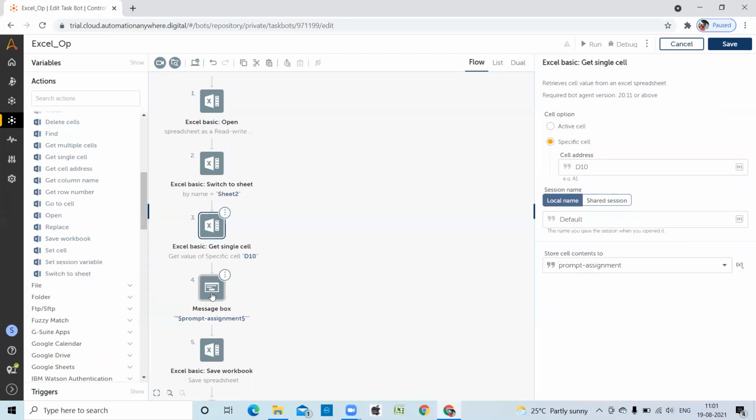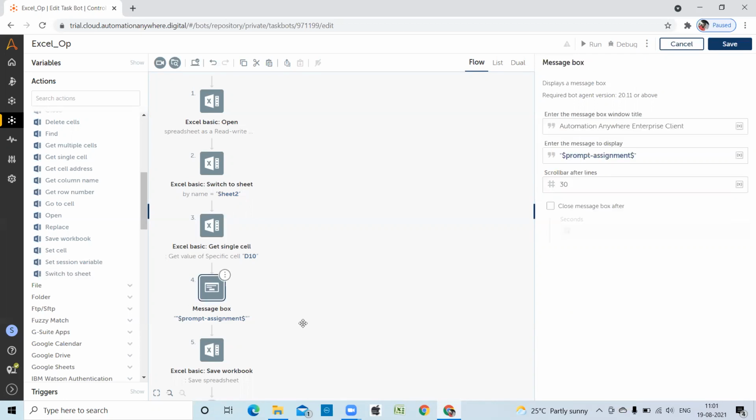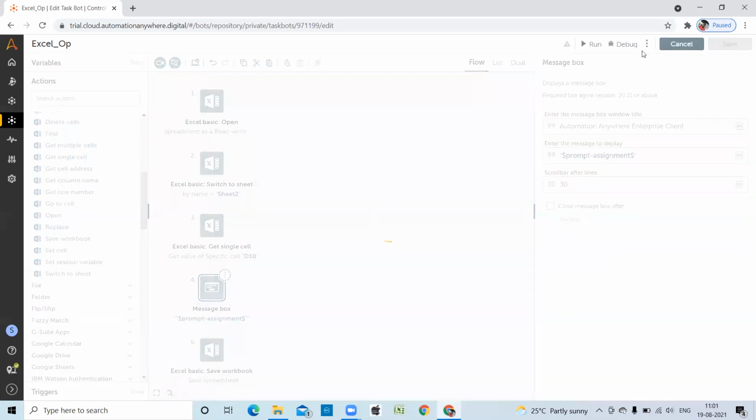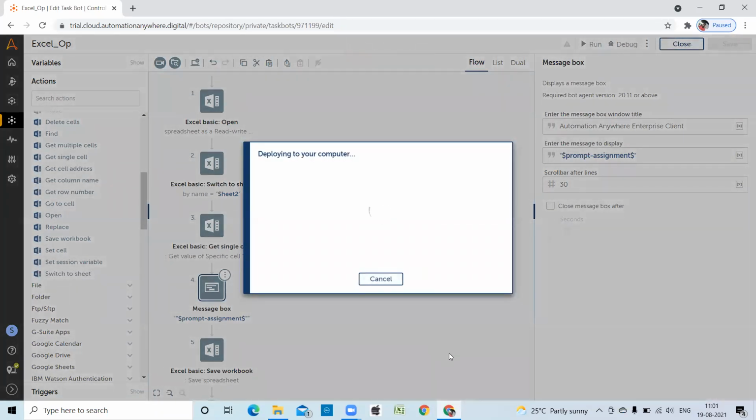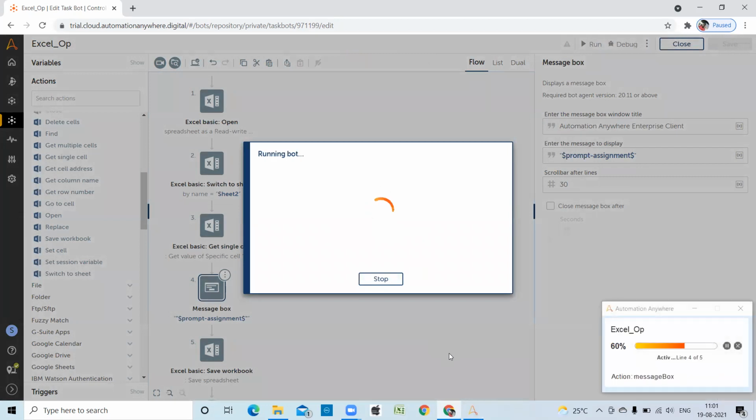Now get single cell, store the data, and display the message box, save output. Now we will try. Run. See, now it came hello AI because it navigated from sheet 1 to sheet 2.